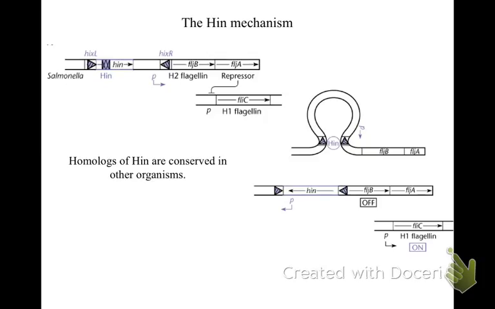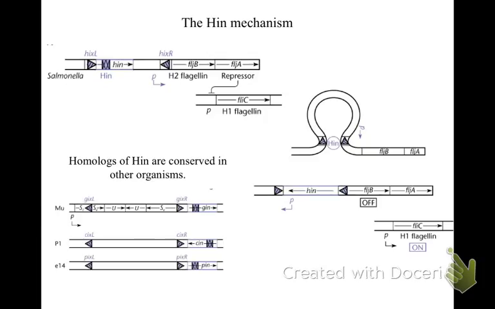Now these things are conserved in a lot of different organisms. A number of phage contain regions that are very similar. In fact, they're given similar names: PICs and GICs, for example, in different kinds of phage. And there's a very similar mechanism that's seen in an organism called Photorhabdus that has a symbiotic relationship with a